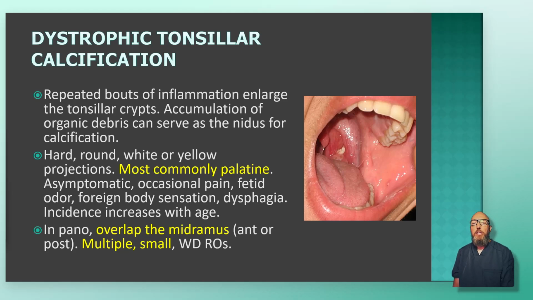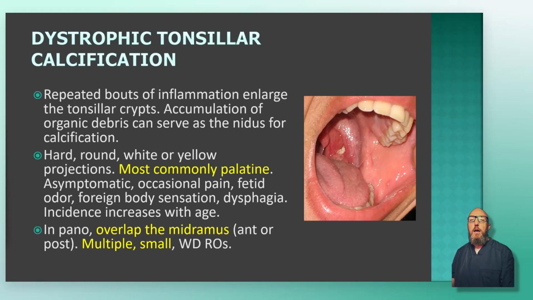Repeated bouts of inflammation enlarge the tonsillar crypts. Organic debris accumulates inside those crypts, and that debris becomes the nidus for the calcification. Clinically, they're hard, round, white or yellow projections, most commonly in the palatine tonsils, as we see here. Usually asymptomatic, but patients can get occasional pain, a foul odor, foreign body sensation, or difficulty swallowing, and incidence increases